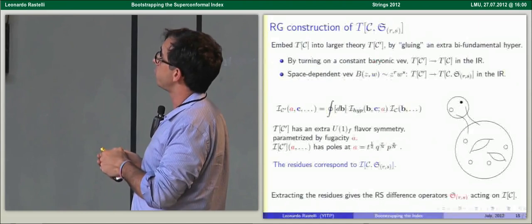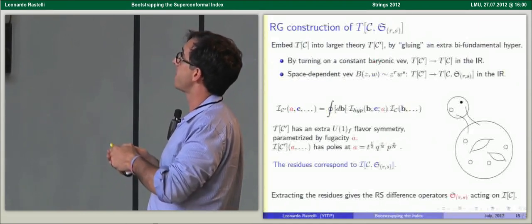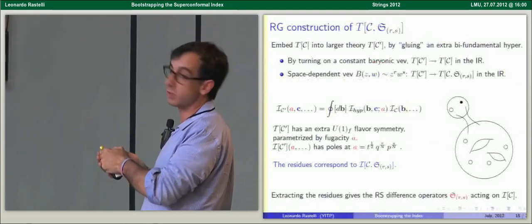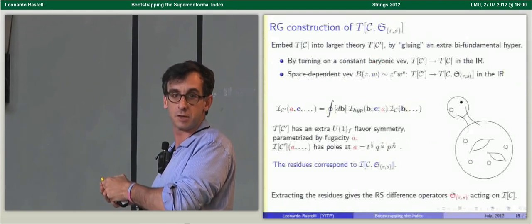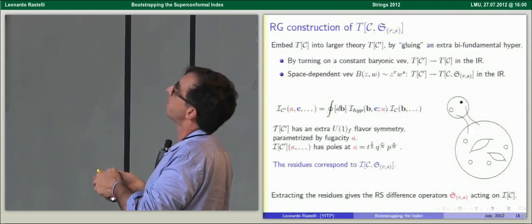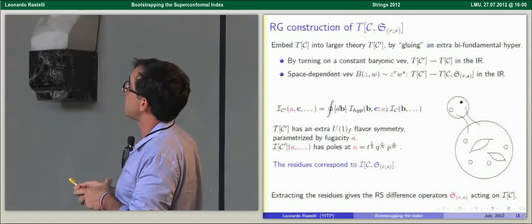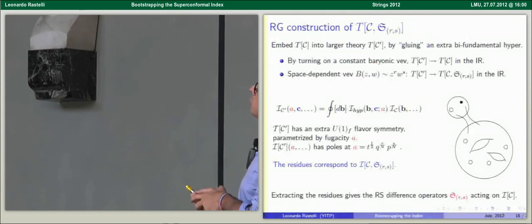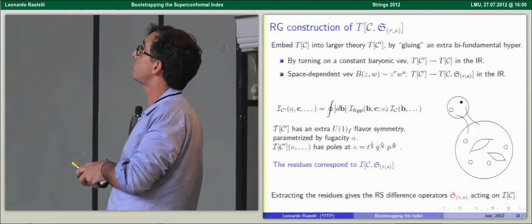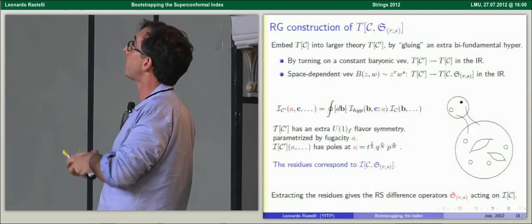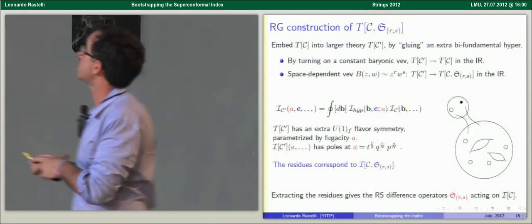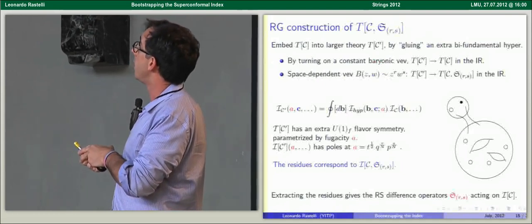And then the claim is that if you now move on the Higgs branch for this extra piece that you attached, and if you do it in the naive way by just taking a constant VEV, you flow back to the original theory. So you have enlarged the theory, and then the RG flow with constant VEV brings you back. But now you want to do something a little bit more clever, where you introduce a VEV that depends on space. And then you don't flow quite to the original theory, but you flow to the original theory decorated by an extra surface defect. And a more physical way to think about this is you are gauging a U(1) symmetry.